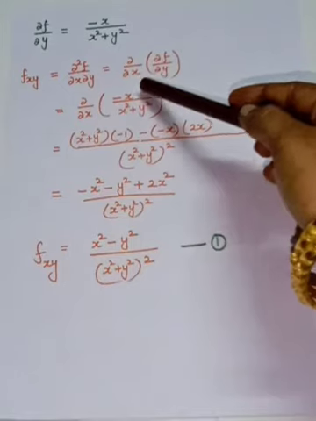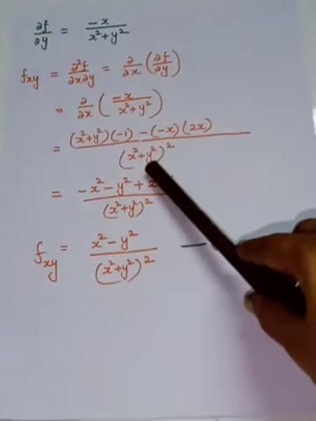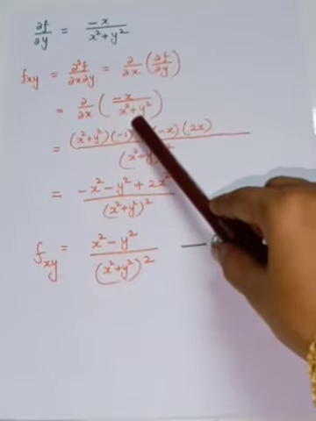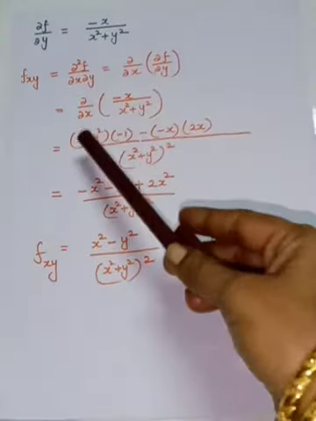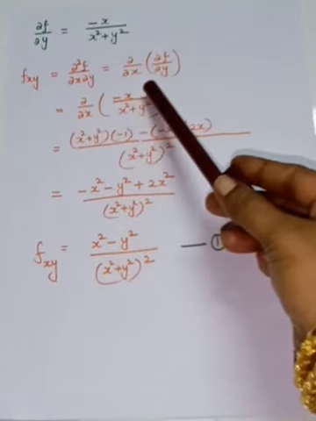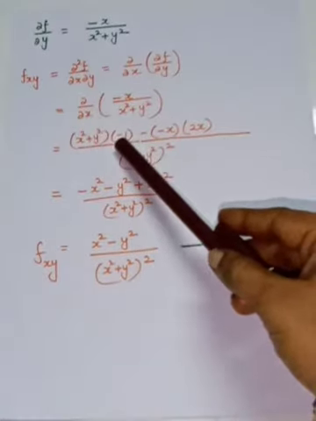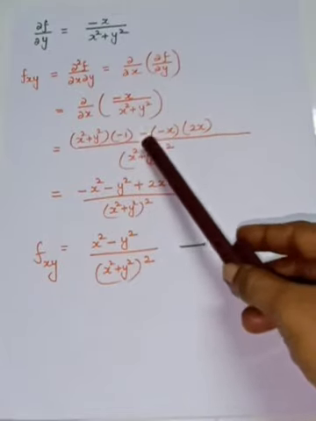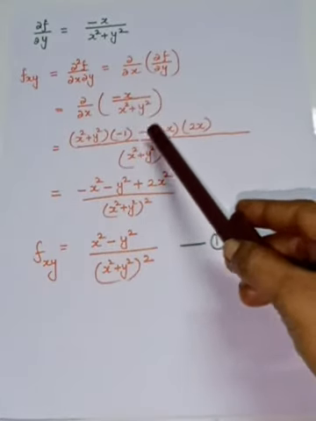In the numerator as well as the denominator you are having x, so you have to use the quotient rule. In the quotient rule, the denominator is v squared. Here v is x squared plus y squared, so it is written as (x squared plus y squared) the whole squared. Next, v has to be written, that is x squared plus y squared. Then go to the numerator, that is u, which has to be differentiated partially with respect to x. So it is minus 1. In the quotient rule, in between you will have minus. That minus is written. Next, u, which is minus x, so minus x is written.